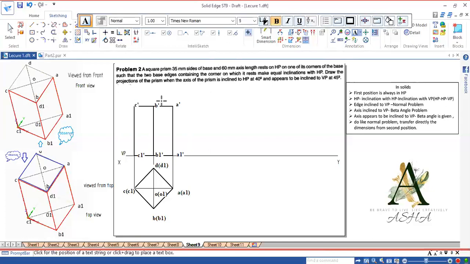So write that. O dash, and this is O1 dash. Okay. Then D1 dash is hidden, and D dash is also hidden.